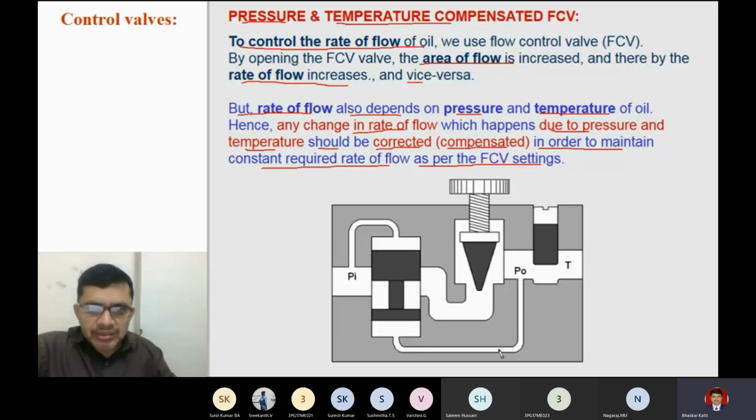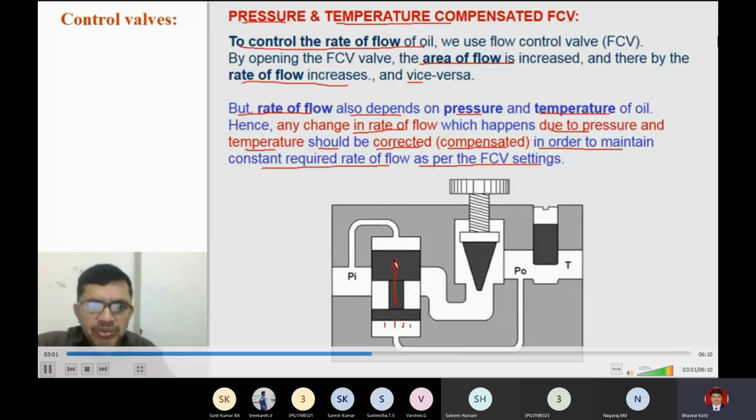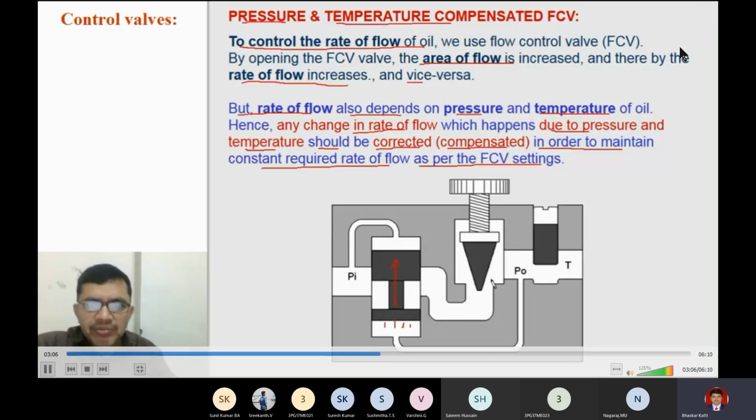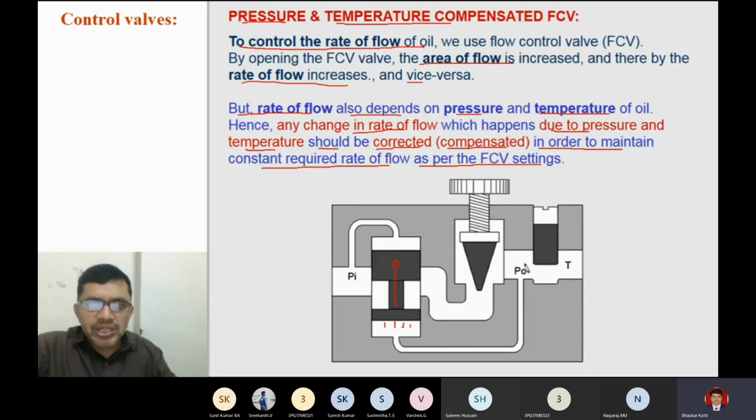Due to this pressure, the pressure will be acting in the upward direction on this spool, and the spool will shift upward, allowing the passage for oil flow to be increased and allowing more oil to flow through the flow control valve. And if pressure at the outlet is reduced, then naturally pressure at the inlet will be more and the spool will move in the downward direction so that the flow rate will be reduced and we will get accordingly a constant rate of flow.